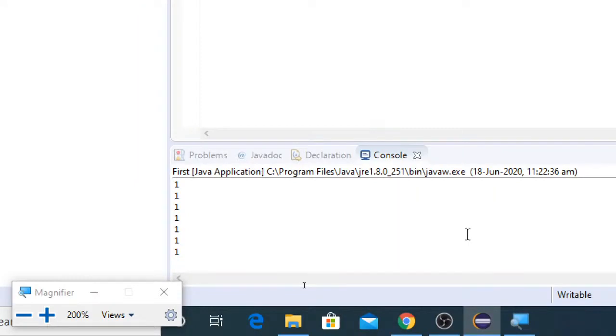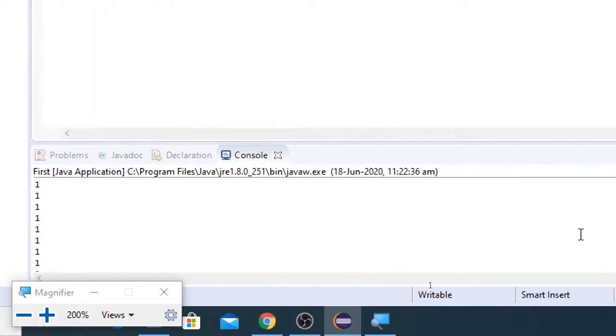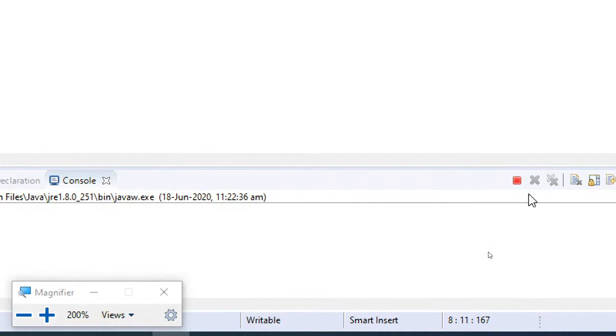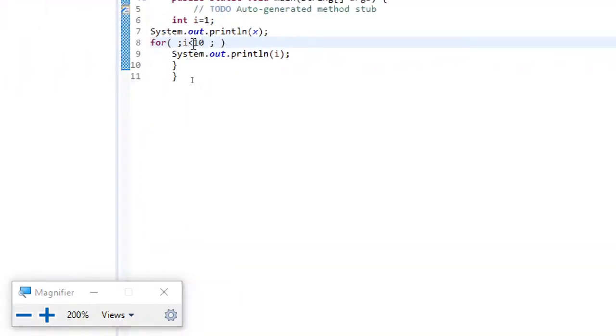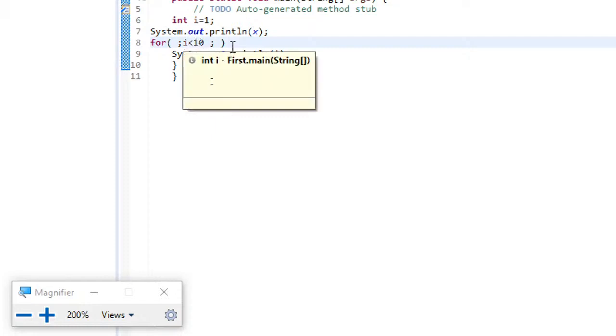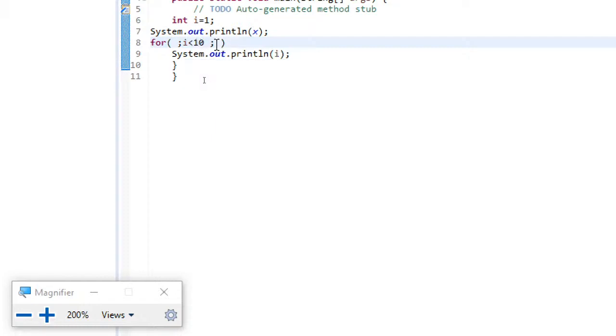Why? Because you haven't changed the value. The value is never getting changed, since the initialization is 1, so it continues to print infinitely, because there is no chance that this condition becomes false. This point you should remember.